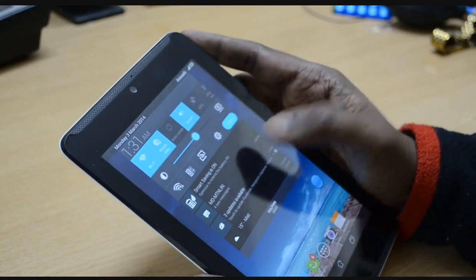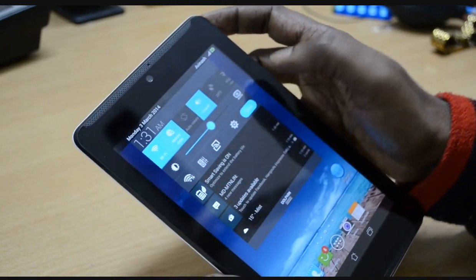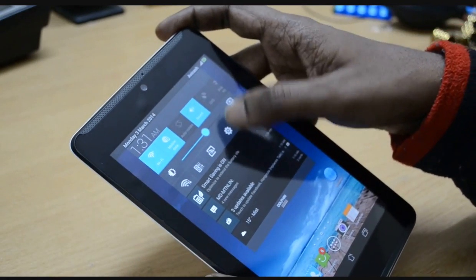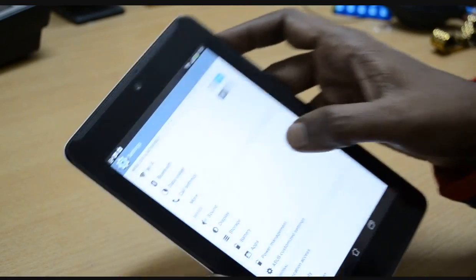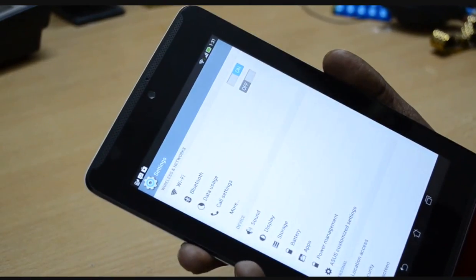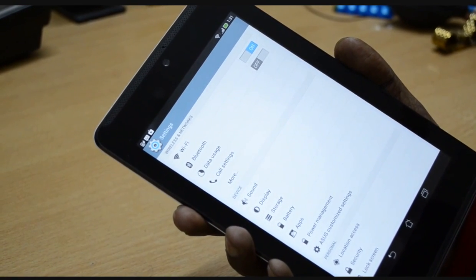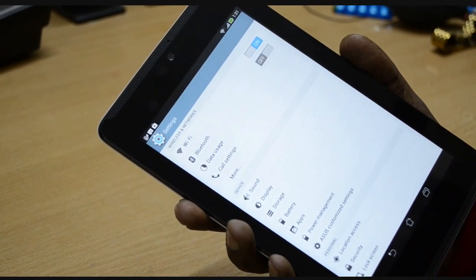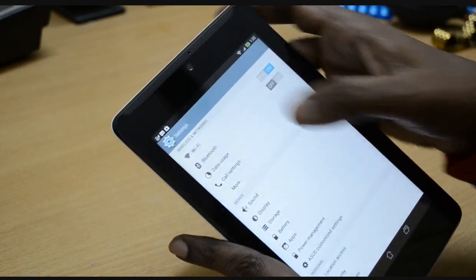For resetting the device, we just need to go to settings, right? You can go to settings by going to the navigation notification center and just going to this setting tab. Here you'll see the setting is here. Just a minute, I'll try to focus the device a bit, right? Then we can proceed. Yeah, here you can see this, we have arrived at the settings page.